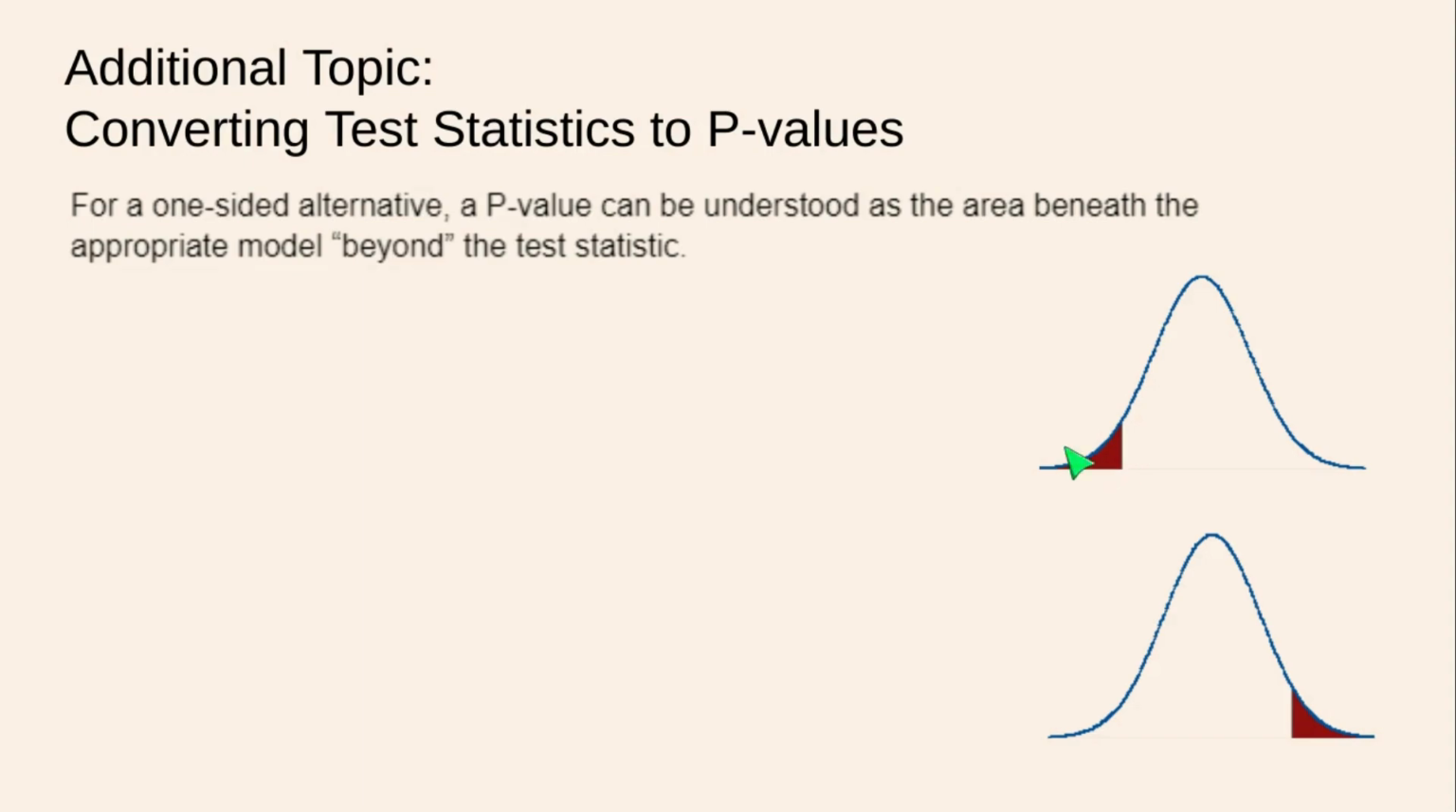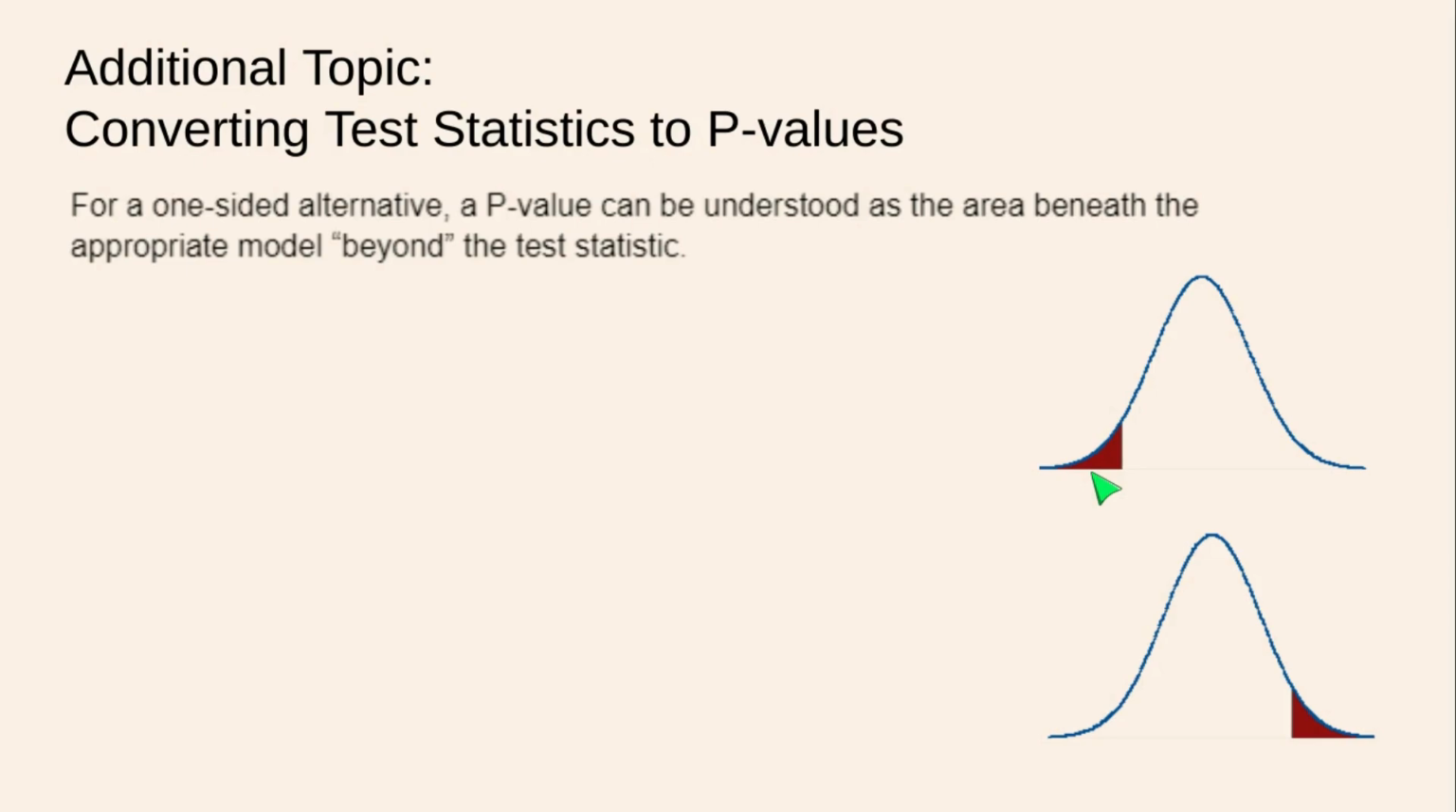So, for a one-sided alternative, a p-value can be understood as the area beneath the appropriate model, in this case the normal model. So the area between the curve and the x-axis beyond the test statistic. Okay? So if, say, my test statistic landed right here, so here's the mean, and here's my test statistic out here, this area right here is my p-value, which is the likelihood that we got data as extreme or more